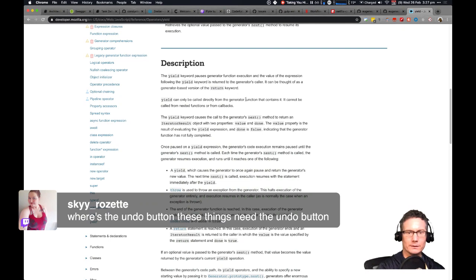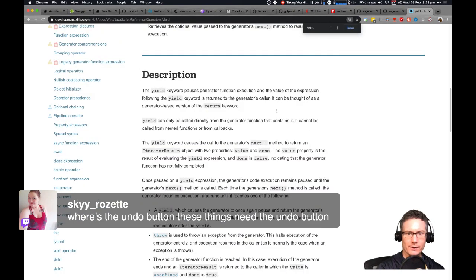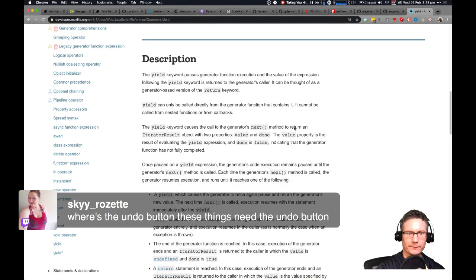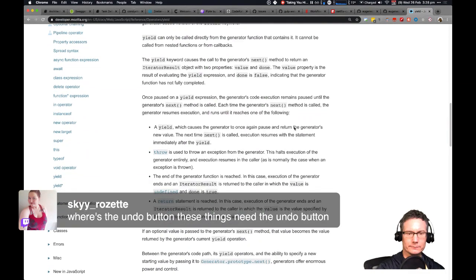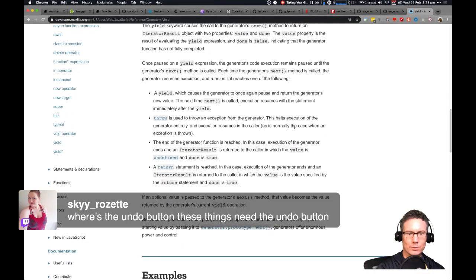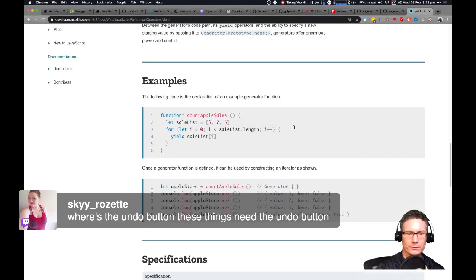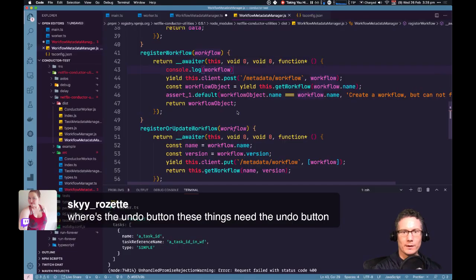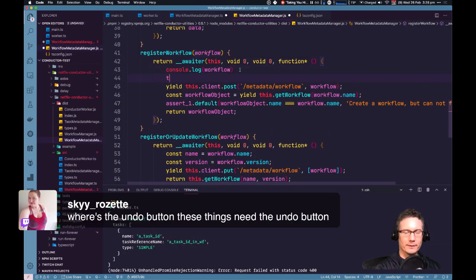Okay. Cannot be called from nested functions, but can I catch around it? What happens if yield throws? Well, there's only one way to find out, right? So let's just put a try around it and see if that catches it.